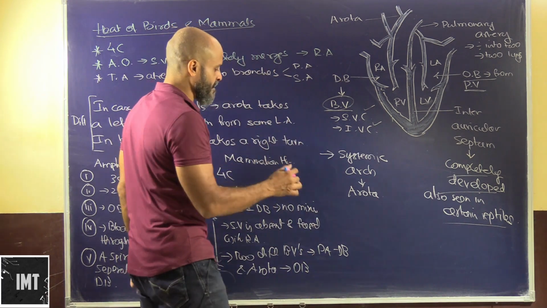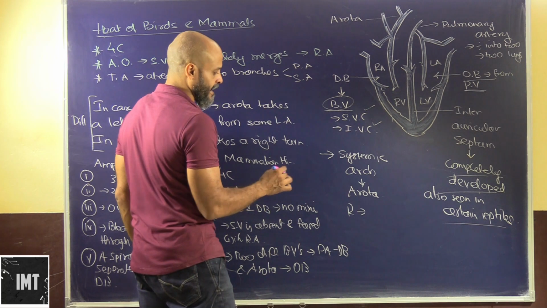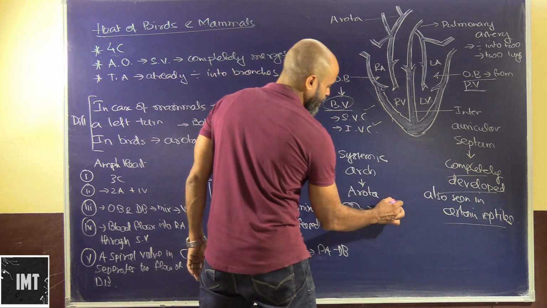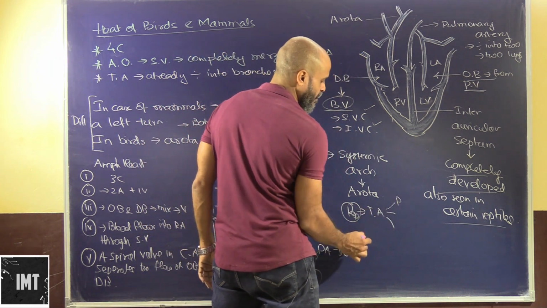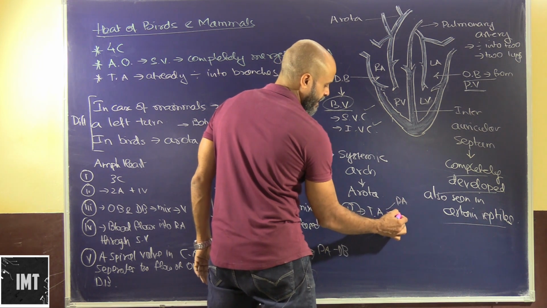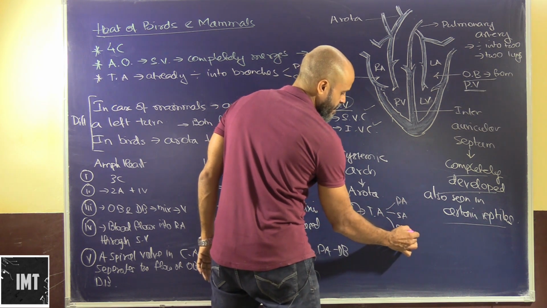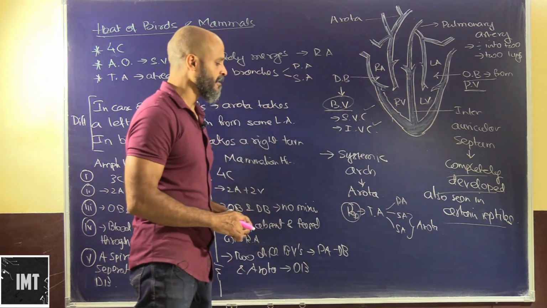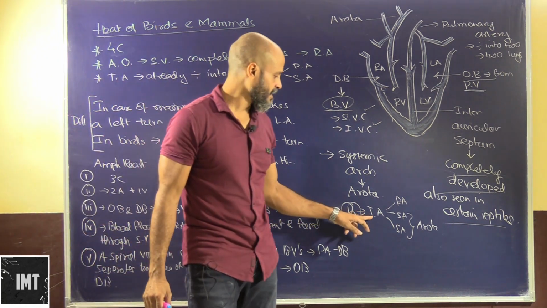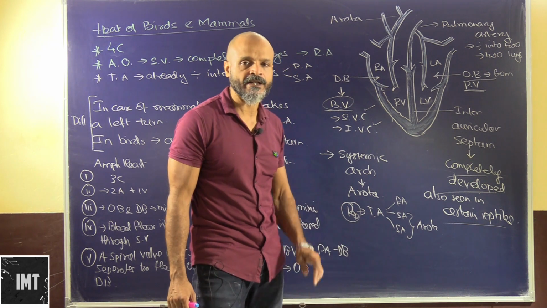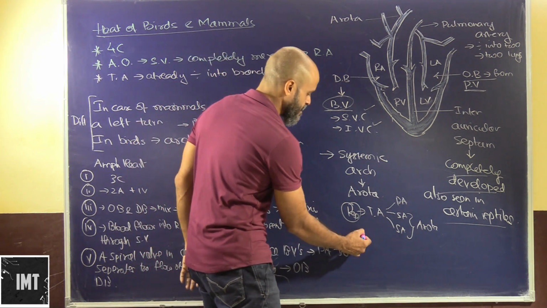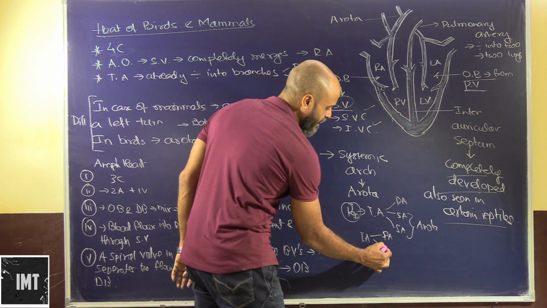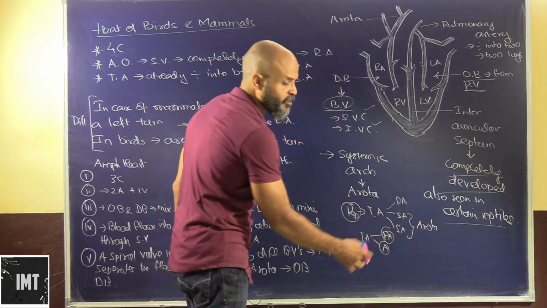Now one point of difference is that in reptiles we had seen that the truncus arteriosus basically divides into three: one pulmonary arc, and then we have two systemic arcs. These two systemic arcs again combine to form the aorta. So from the ventricle portion, the truncus arteriosus is actually getting modified into three. It doesn't happen in the case of mammals. So this truncus arteriosus here is just dividing into a pulmonary artery and an aorta. So there are no two divisions of systemic arcs.